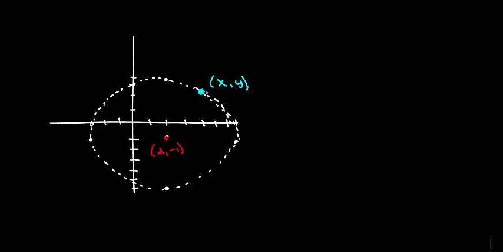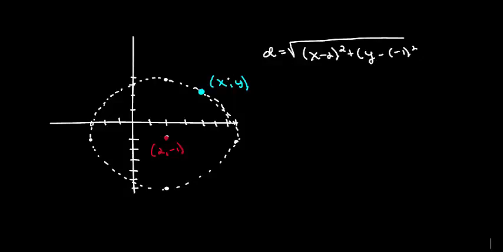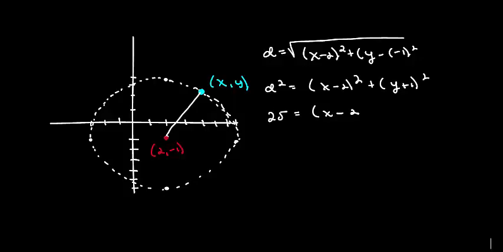what we can say is that the distance between these is equal to the square root of the difference in the x values squared plus the difference in the y values squared. And if we square both sides, we have the distance squared is equal to (x minus 2) squared plus (y plus 1) squared. Now the distance between these points, well, that's the radius of the circle. And we know that that's 5, so I get 25